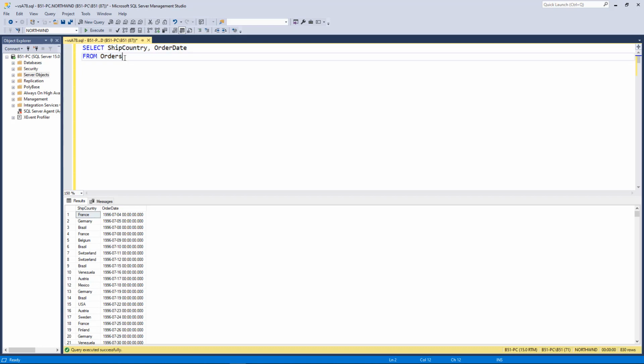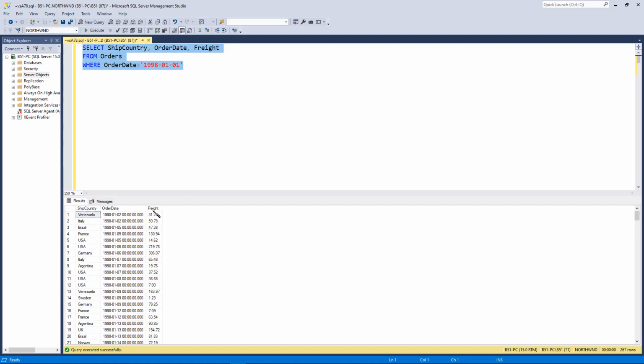Now we want only the rows with order dates higher than January 1st, 1998. So WHERE the order date is higher than January 1st, 1998. So if we have 830 rows, we filter it to 267 rows. Only the rows with the order date that we want. After that, let's add the freights. If we add the freights and run it,